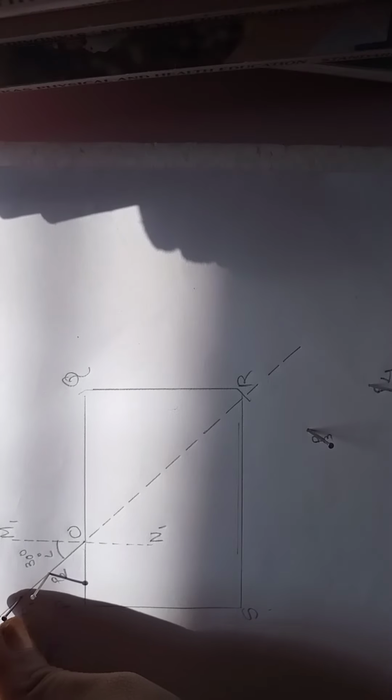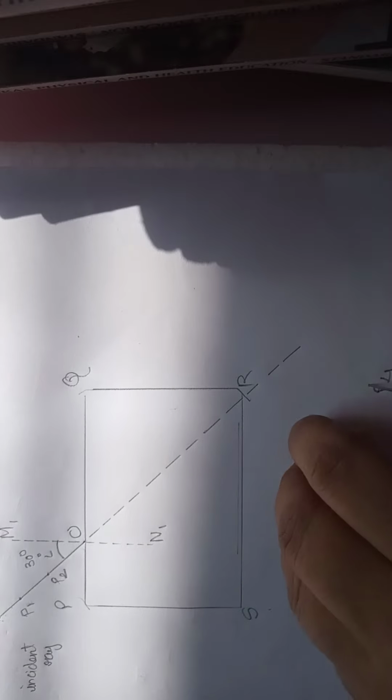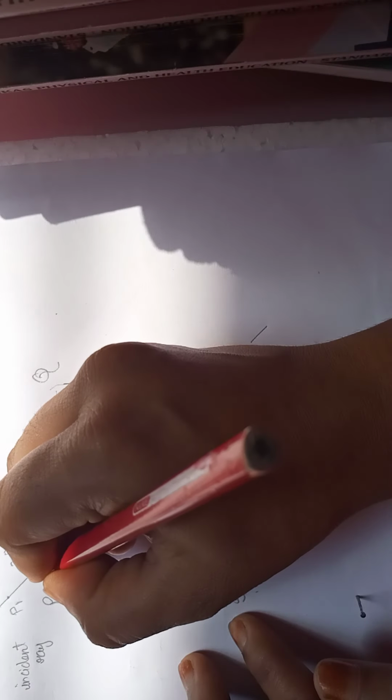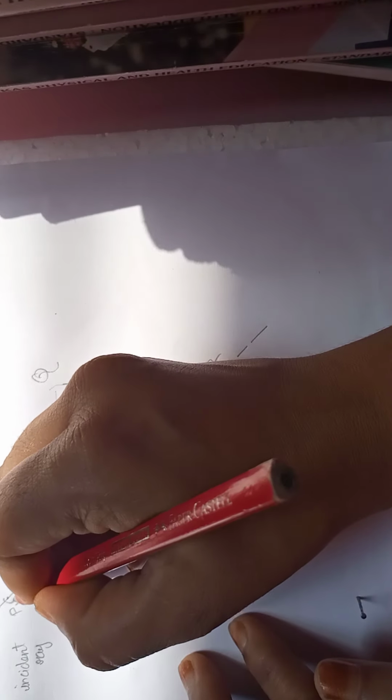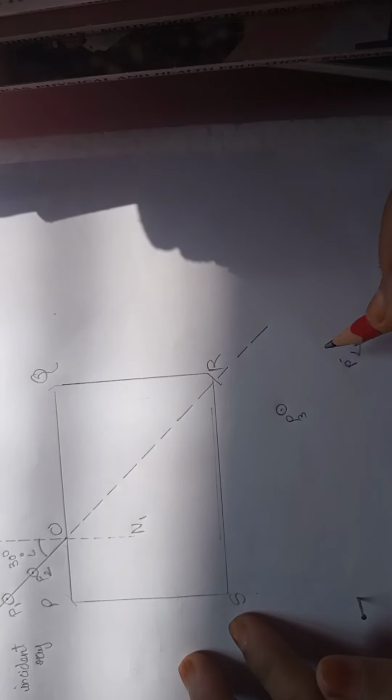Now I am going to remove the pins, as well as the glass slab. I am removing the glass slab, and I am removing the pins from both sides. Now see, I will just circle it. You will get a small hole where you have inserted the pin. You will circle it so that it will be clearly seen.